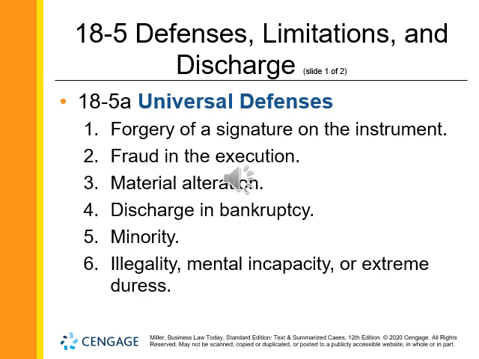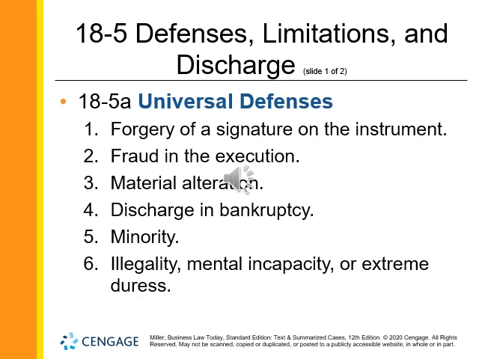Universal defenses are those that can be used to avoid payment to all holders of a negotiable instrument, including a holder in due course or a holder with the rights of an HDC. These are also called real defenses. First, forgery. Forgery of a maker's or drawer's signature cannot bind the person whose name is used unless that person